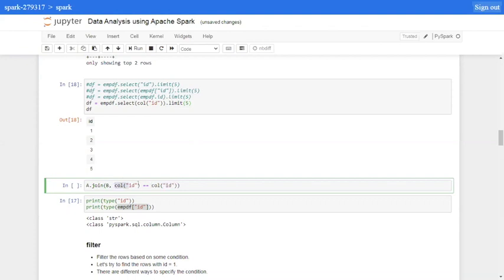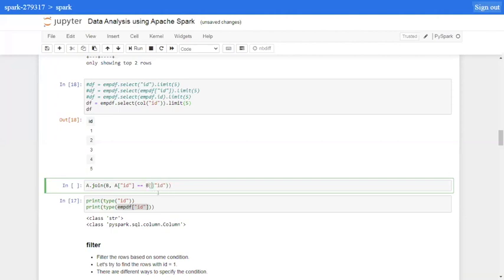Although we can represent the column like this, it is ambiguous. Spark will not know which particular ID column we are referring to, because both are the same. So we can't use this notation. Instead, if we do this, then it makes more sense. I'm not going to type all of it, but okay, let me do that.